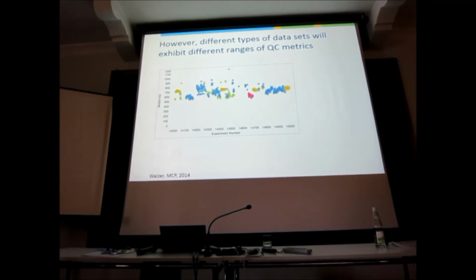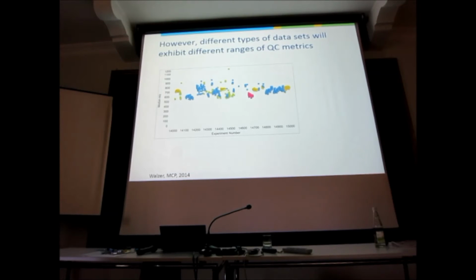And what you can see is that the protocols, which all have different colors, have different outputs. Yeah? And it really depends on the protocol more than anything else. So the way that you do your experiments necessarily influences the way your data looks. So you need to keep track of this kind of stuff, otherwise your variance will be very big.